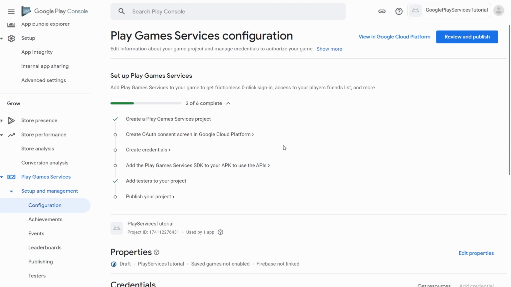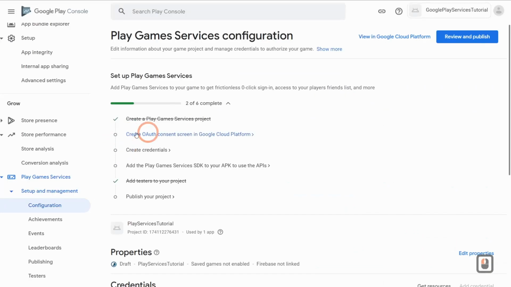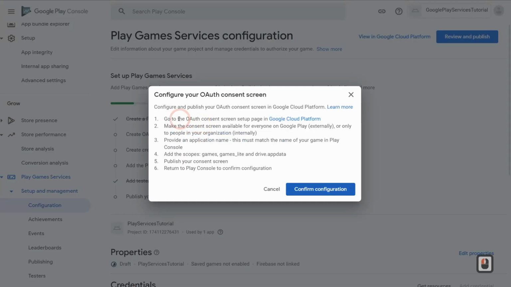All right. So now that we have that, we need to create our OAuth consent screens. So we'll click on that. It's right here. And then we have to click on our Google Cloud Platform link right here. So go ahead and click on that, and you will see that it's going to come up with